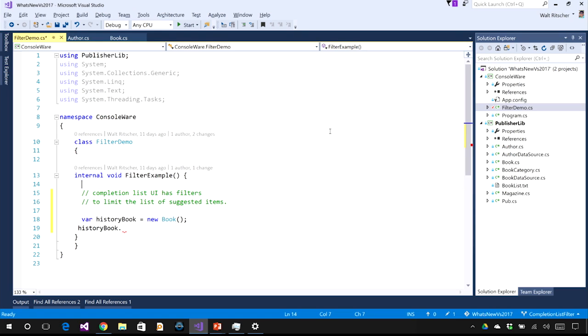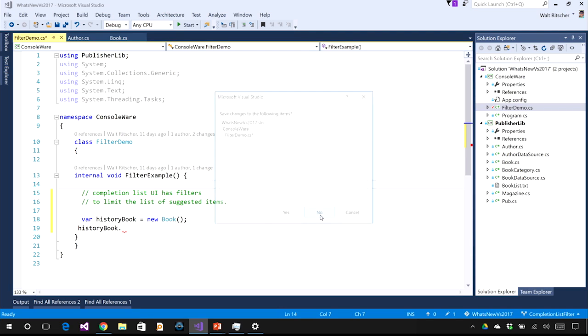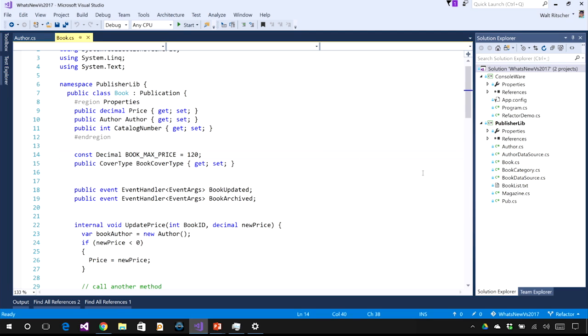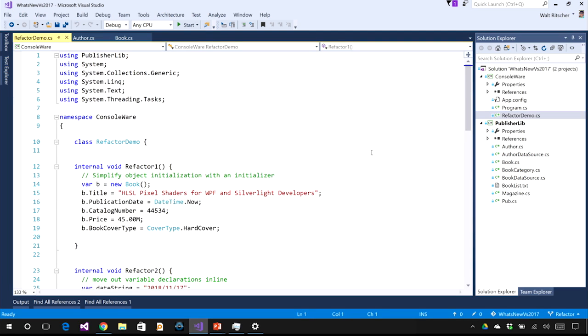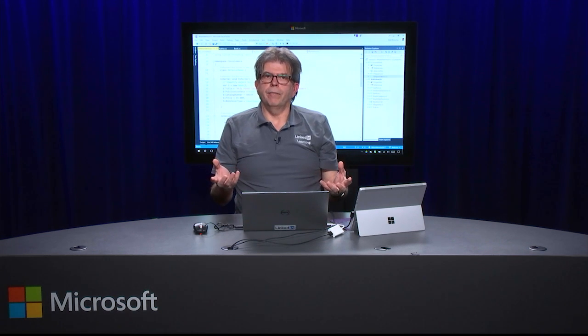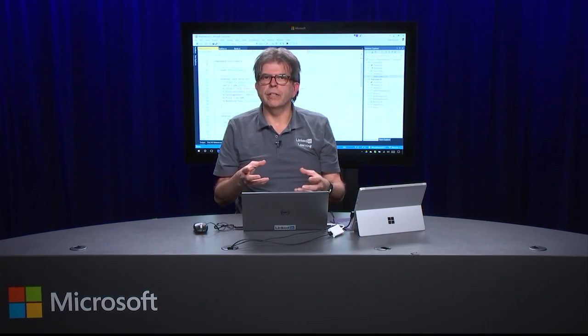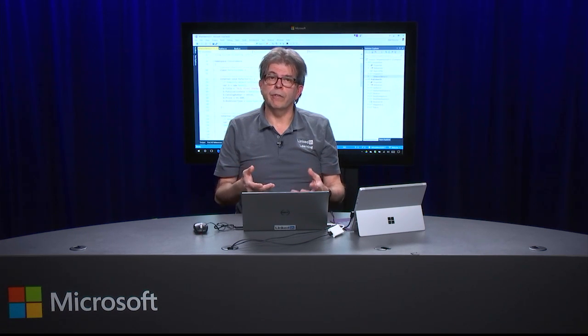I think for the next demonstration, I'll show the refactoring tools. I'll open up refactor in my branches. And then I'll open up this class here. Once again, refactoring has been around in Visual Studio for a long time, and every time Visual Studio comes out, it adds another one or two refactorings. So what we're going to look at here is some of the new refactorings that are available for C# and